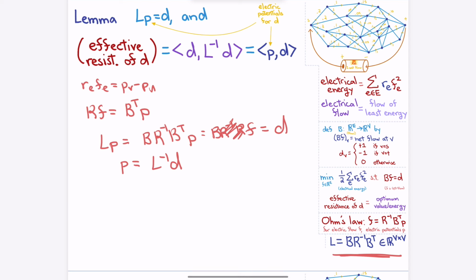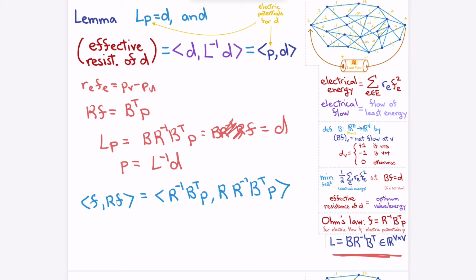Okay, as far as the electrical energy part, I think this is just a bunch of plugging in. So FRF, and we just apply Ohm's law a bunch of times. So you're going to get something like R minus 1 B transpose P, because F is equal to R minus 1 B transpose P. Then you get R, and then you again get R minus 1 B transpose P. Okay? And when you start canceling these out and transposing things over, you're going to get something like P